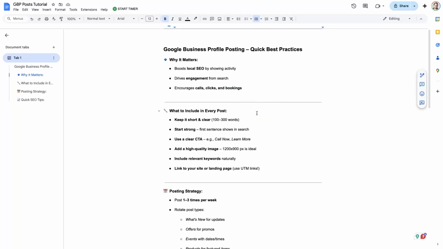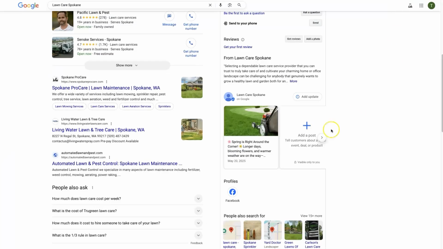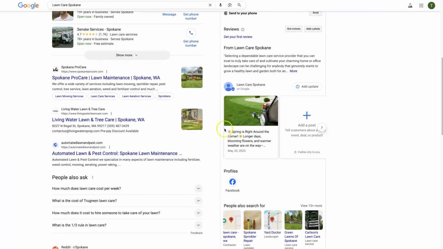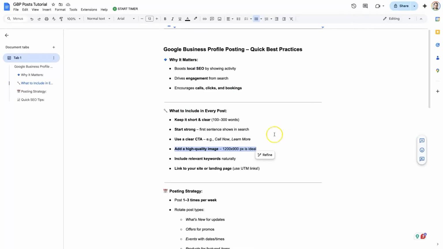And in pretty much every single post that we create, we're going to have a couple of important key items. For one, we'd like to have an image. You know, the old cliche, an image speaks 1,000 words. Like, you look at this post and you can just see a lawnmower. And you can already see the first sentence showing up here. Spring's right around the corner, longer days. So it's like, hey, it's time to get your lawn mowed. It's springtime. You can just tell right from that image. And so there's specific details about the size of the image, what we want to use, that type of thing, right? We also want to have a clear call to action,